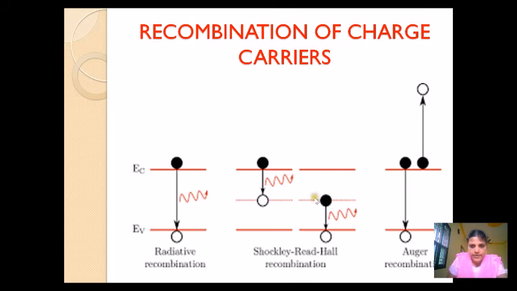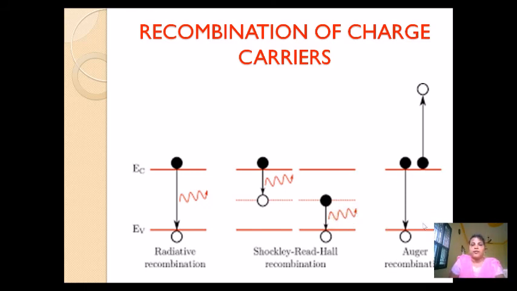After this, when it comes to the lower state, it combines with the hole present here, and it liberates an energy equal to h nu, and this is the photon. Energy of the photon is equal to h nu. So these two recombine to give out the energy of a photon.